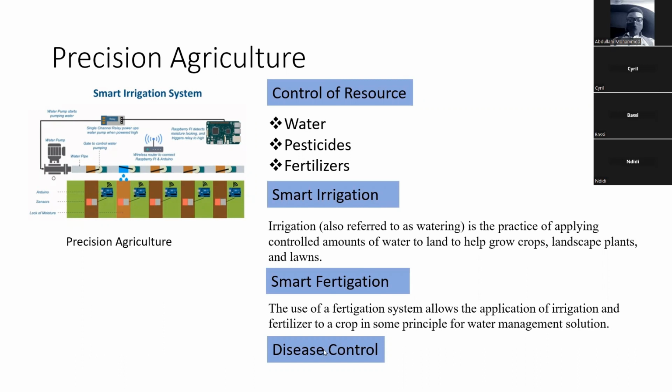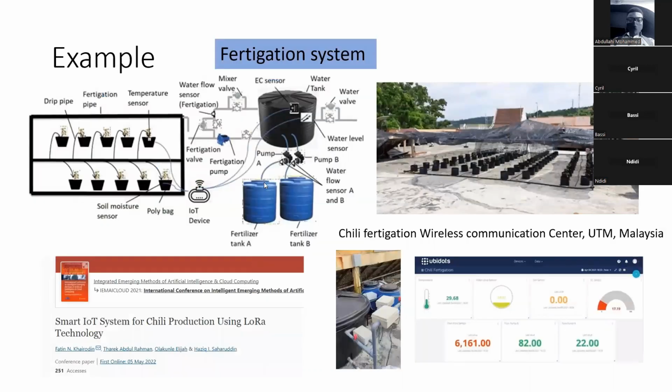Okay. Then, of course, another area of precision agriculture is disease control. So, application of insecticides or pesticides. So, instead of just spraying anyhow, with IoT and other technologies, you can precisely detect areas that have diseases and just treat those affected areas. All right. So, these are some of the examples of